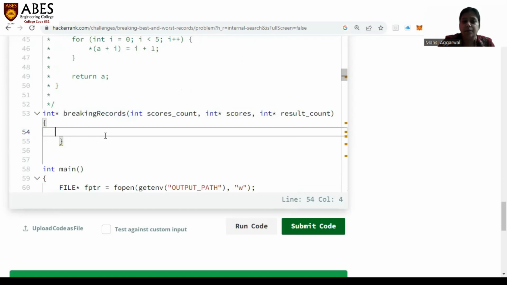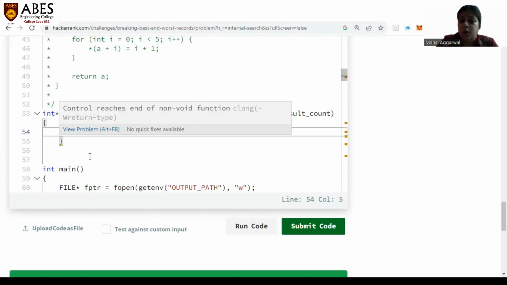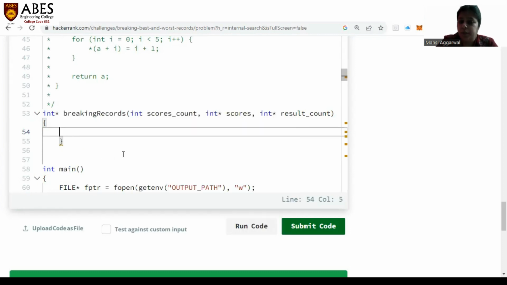int star breaking records, int scores count, int star scores, int star result count. So I would like to just give a brief introduction about this header of the function. It includes int star. This means that the value which breaking records will return will be an address, right? And we know what that address will be: the address of array A that will have 2 elements,